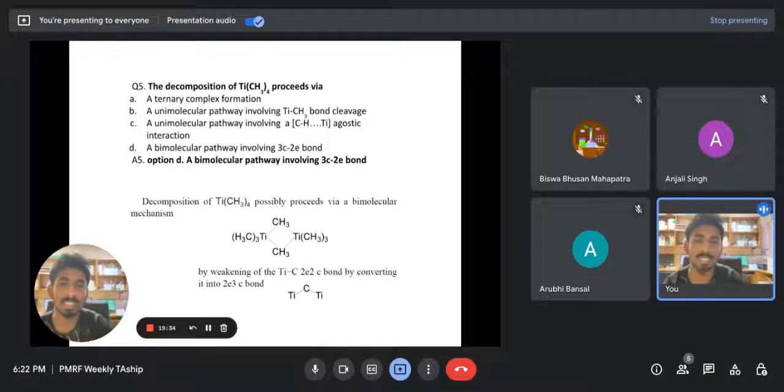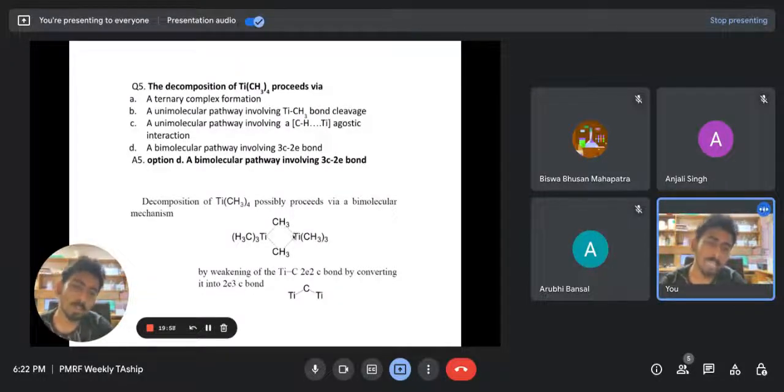It's 3 center, C for center, E for electron, a 3 center 2 electron bond. Now the actual answer is that decomposition of this TiCH3, tetramethyl titanium, is possibly proceeding via a bimolecular mechanism. You can see there are 2 titanium atoms involved. One of the methyl groups we have omitted and we have put this methyl group here, and this methyl is